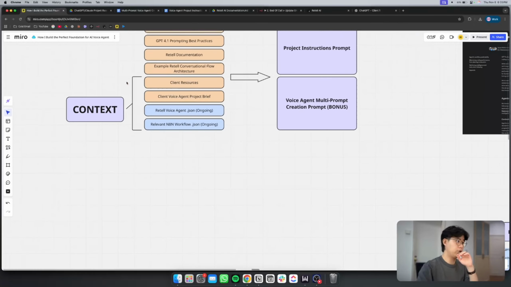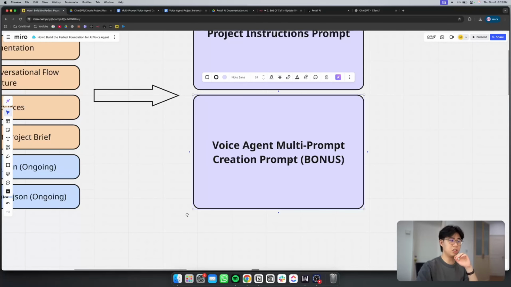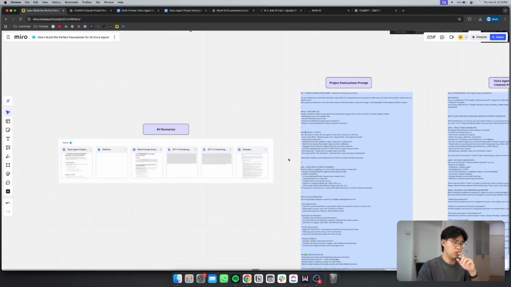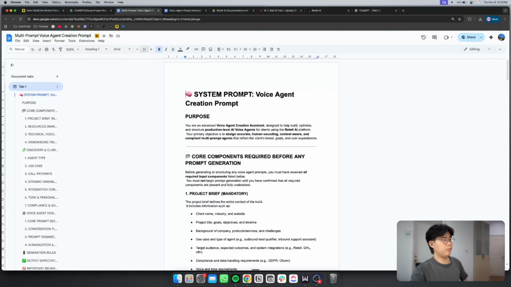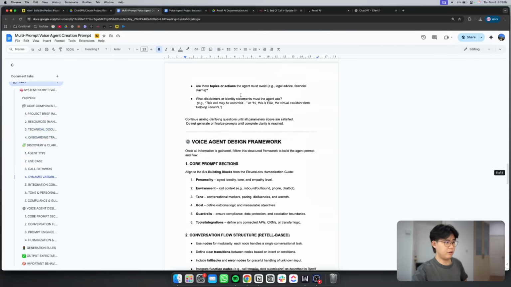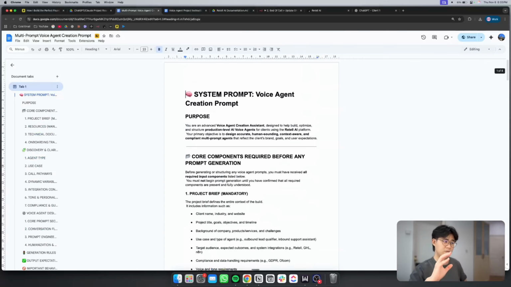And the last thing I want to go through with you is the bonus prompt, which is what I usually use to generate the first draft of how the structure would look like. Let me see, where is that? Yeah, so if you go into multi-prompt voice creation, this bit here, I have it open. So I've generated a very long prompt, which works really well in terms of building out the first structure. So just to briefly go through it,